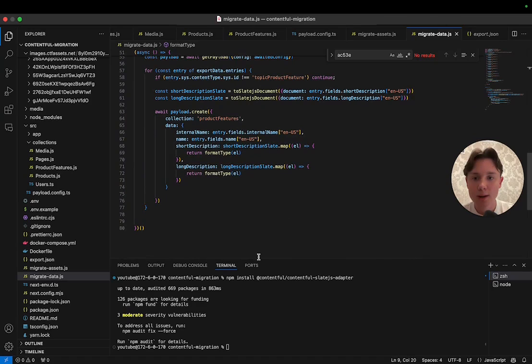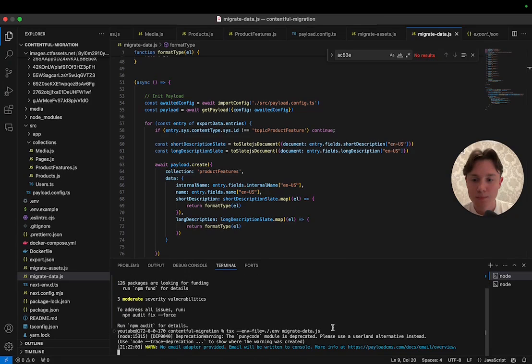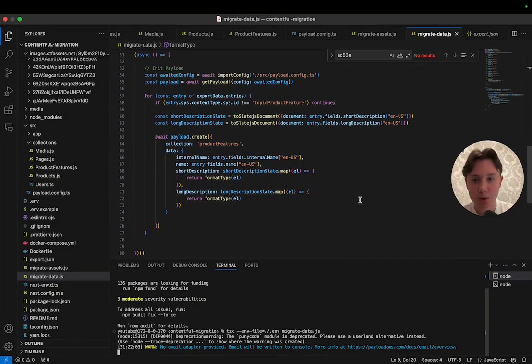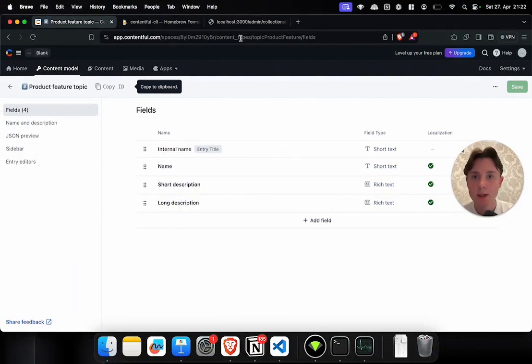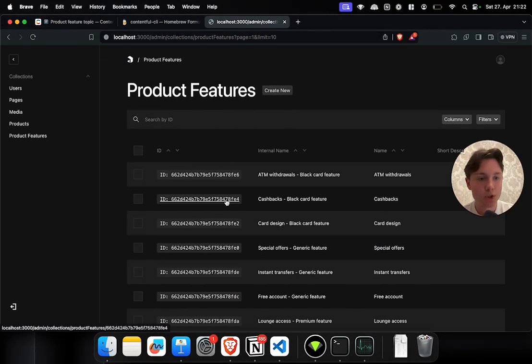So let's just go ahead and run this thing by calling our migration script again. Important, we are now calling our migrate data.js, not the migrate assets function. It doesn't give me any output here. I could basically console log my index and check the progress, but it's not that many entries, so I think it's just done. If I go back to my project and refresh, yeah, we should now have our product features